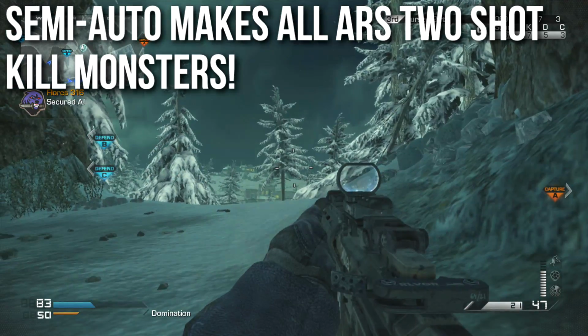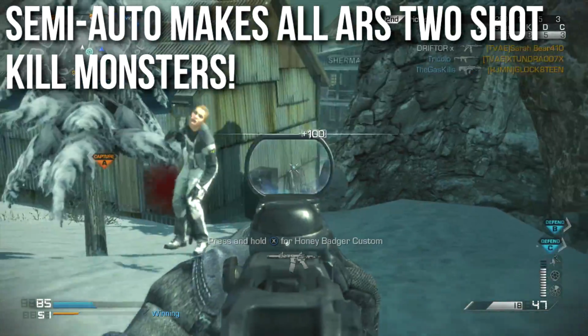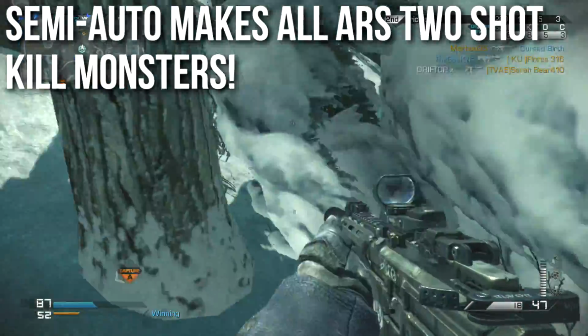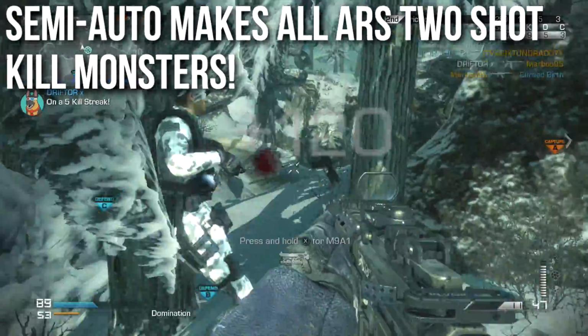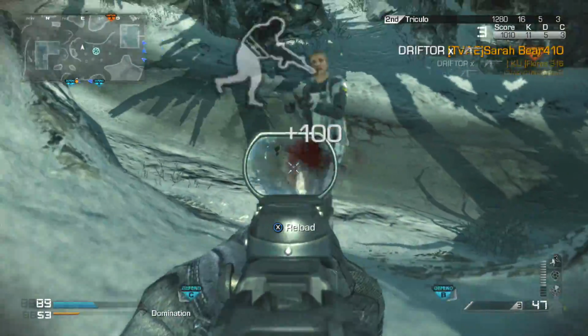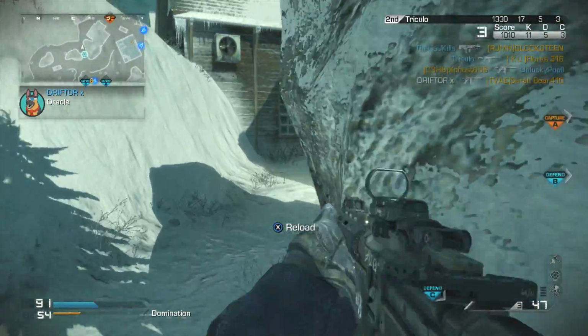Now, the only assault rifle that can currently kill in two shots that aren't headshots, mind you, is the MSBS. The MSBS can kill you in two of the 3 shots of its burst, but all of the other ones are between 3-4 shots to kill, something like that. But if you put the semi-automatic attachment on them, they all become 2-shot kill monsters, but of course they lose their fully automatic abilities. And you may not believe me, you may say I'm playing hardcore and doing some overlays,